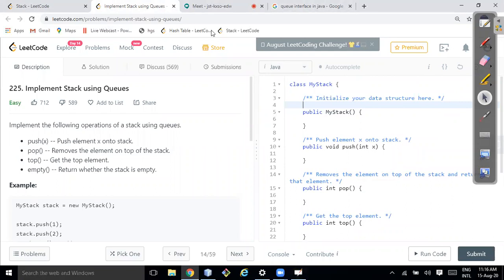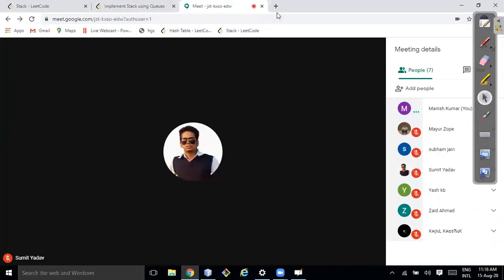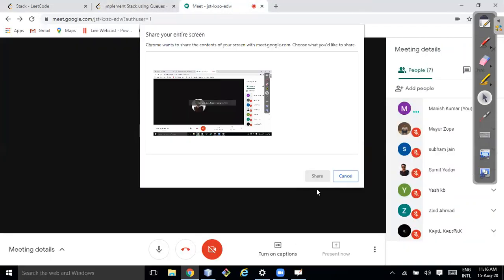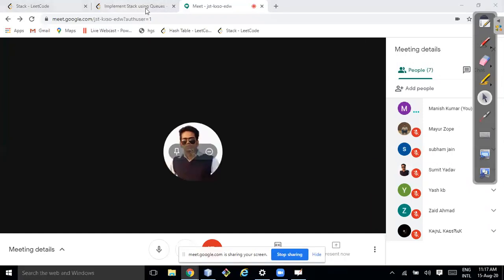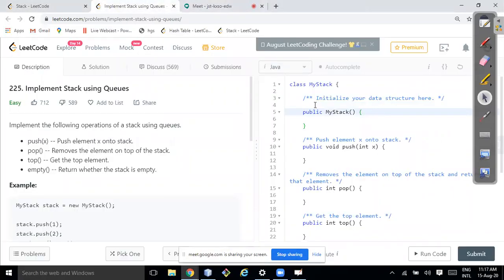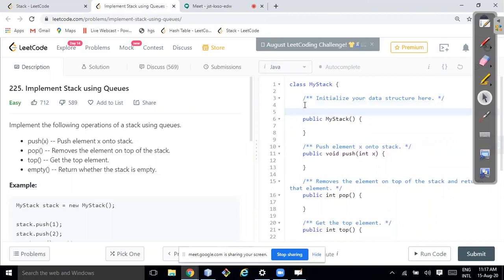Okay, let me check everything is set. So am I sharing my screen? Okay. So I have to create two data structures, two queues, right?